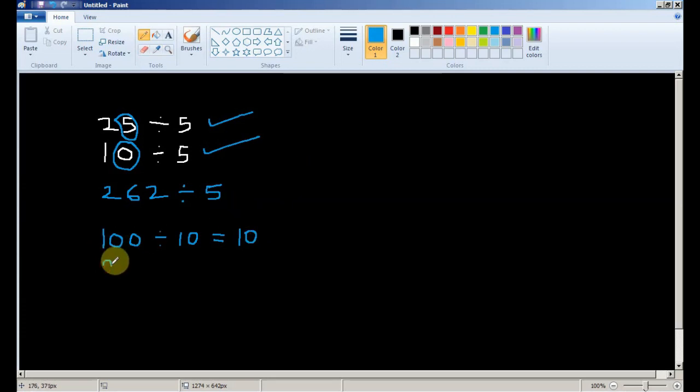So 200, this is very simple, we know that already, so I'm just elaborating more. So 100 and 200 are divisible by 10, this is right and this is also right. The last digit must be 0, but in the case of 5, the last digit must be 5 or 0, any one of them.